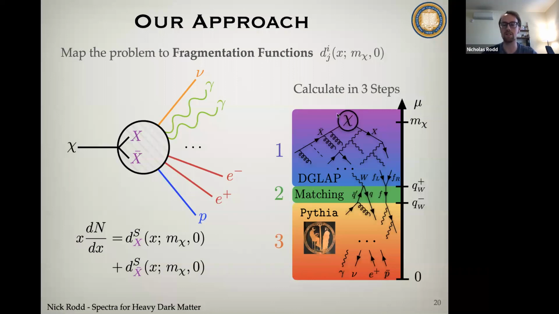So what I want to do for the rest of the talk is just give a little bit of insight into the steps, primarily focusing on one where most of the meat was here. But also just let me mention at this stage that there's a clear assumption that we've put into this. So we're imagining that between the dark matter scale and the electroweak scale, no other relevant threshold was crossed. You could imagine, for example, if you think at high enough energies that say supersymmetry became relevant, well, that should be broken potentially somewhere between the dark matter scale and the electroweak scale. If that was the case, you would need to modify our calculation by introducing some other matching scale in between, but we haven't done that here.